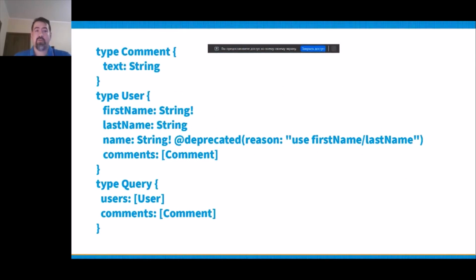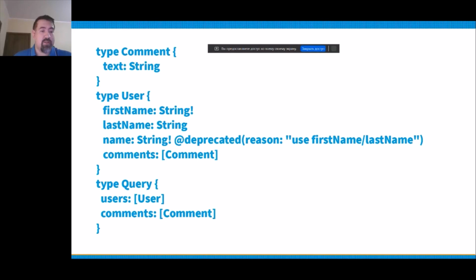This is an example of a GraphQL schema. It defines 3 types. Each has fields, which each have types. And just as an example, I show how schema evolution works in GraphQL. You may add a deprecated directive to some field or add more fields to a type, and the client will see that in the specification. Yes, this is in short this.